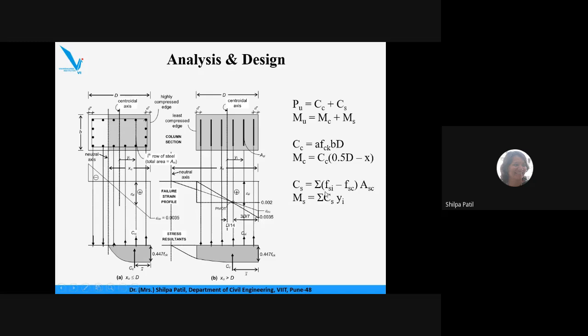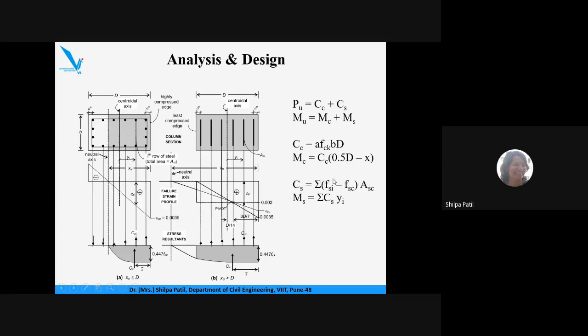So, the force developed in steel in tension, or the stress developed in the steel minus fsc, that is the stress developed in the concrete, that subtraction is multiplied by the area of the steel. So the same concept is used here, but now we have to consider, suppose we are considering the first case, all these bars are in compression whereas these bars are in tension. So whatever stress is developed in all these bars minus the stress developed by the concrete surrounding these bars, that subtraction we have to consider.